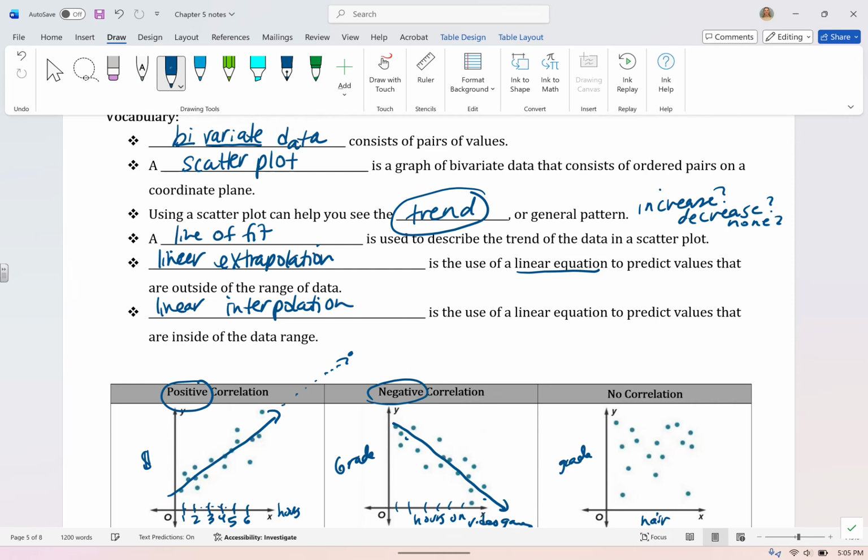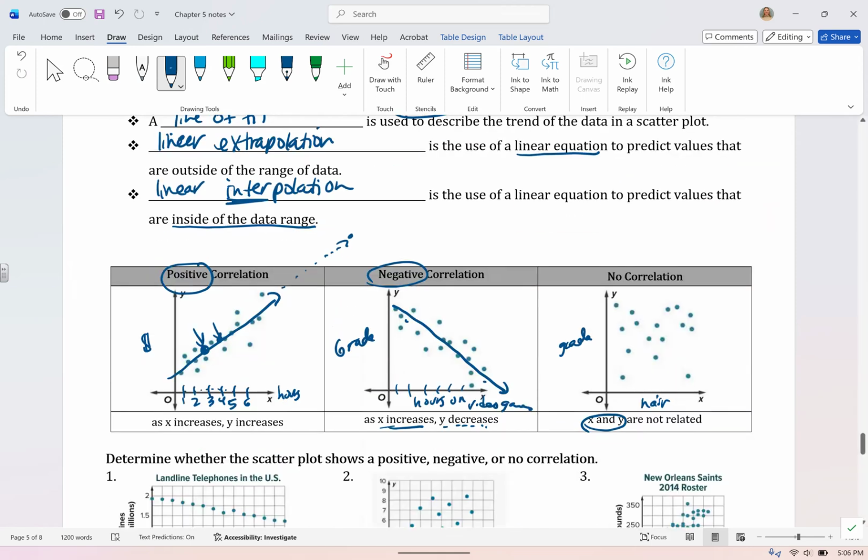It would be inside the data. Maybe there's not a point there, but can I predict within the data what would happen? Say that I don't have a data point there. What would happen in between, on that line, in between some of the data points I do know? Interpolation is using a linear equation to predict values inside the data range for points that you don't actually have. Extrapolation would be beyond